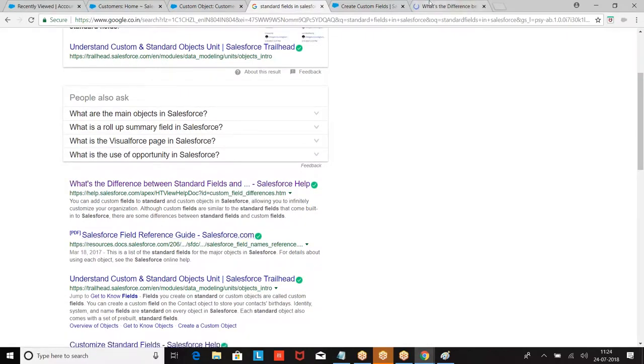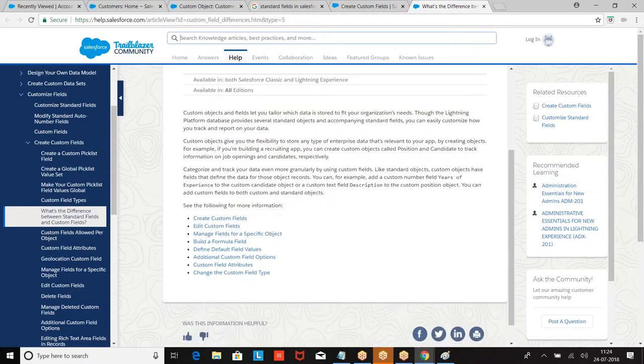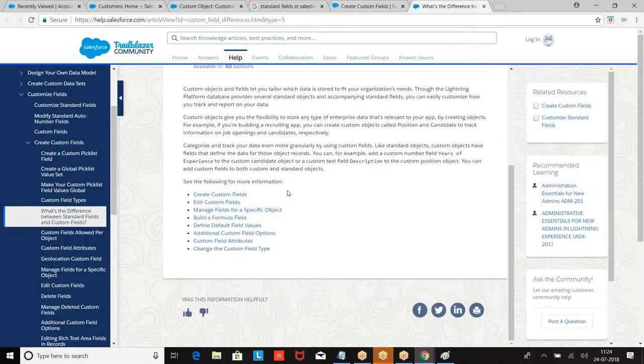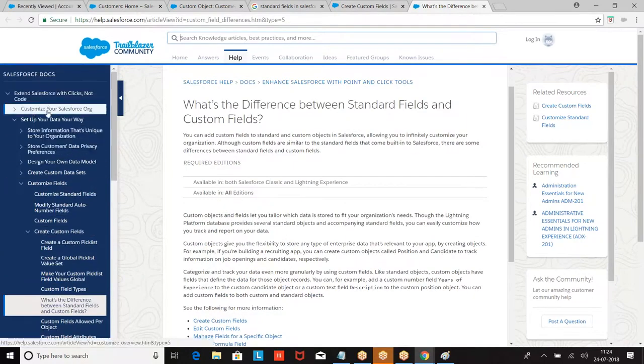These fields are created by Salesforce. If you create your own fields, what are they called? Custom fields. Standard fields are nothing but fields which are created by Salesforce. Custom fields are nothing but fields which are created by the user.